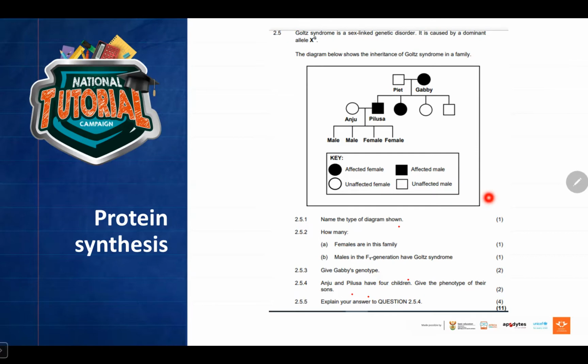So we know already that it is caused by X with a capital G, and we can safely guess that Pelusa's genotype has to be X big G Y, because he only has 1 X, because he's a male, the other one is a Y, and he has the disease, so it has to be the X big G. And Anju, how do we know what hers is? She is an unaffected female, meaning she cannot have 1 X that has a dominant allele. So it's 2 recessive alleles that will make her unaffected, because we read in the question it is a dominant disease